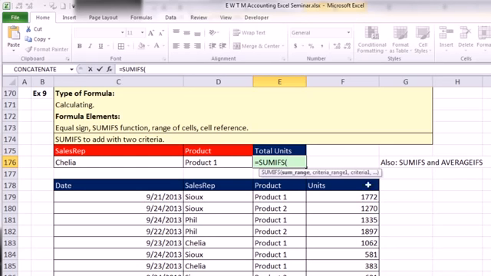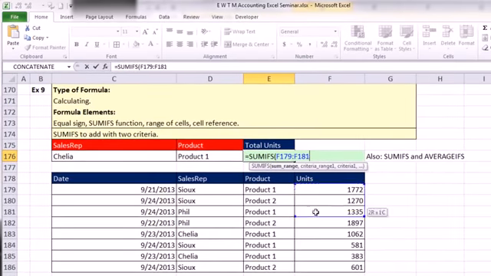This is a screen tip, and the actual descriptions in the screen tips are much more explicit. Sum range, criteria range. It's clear which is which. So not only is the screen tip more polite, but we can do one or more conditions. So I tend to use SUMIFS all the time now for one or two or three conditions. Now the sum range, I simply highlight the range there, comma, criteria range. Now this is AND criteria, which means both conditions must be true. You can enter them into the SUMIFS function in any order you want. I'm going to say